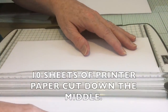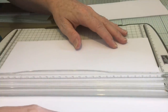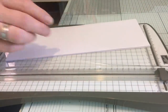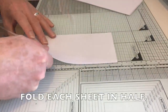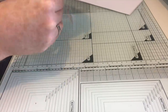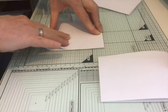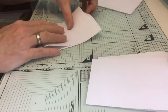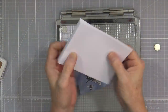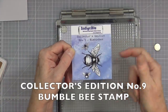So I'm starting off with 10 sheets of plain ordinary printer paper that I'm cutting down the middle, down the longest side, to make some flip top, what I would class as A6 sized signatures or leaves for the book, which Americans will probably say is around about A2 sized if you're using the 8.5 by 11. So once the sheets are all folded over, I've got my Tim Holtz and Tonic stamp press